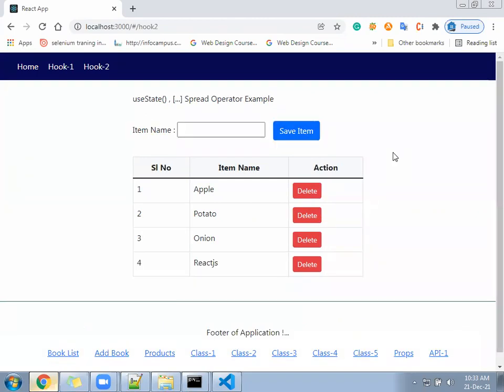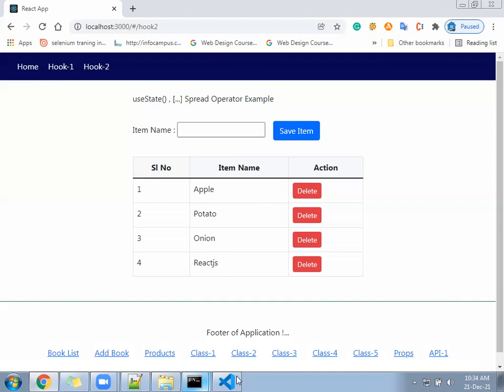Getting added plus getting deleted equally. Okay, so it is working for everyone.